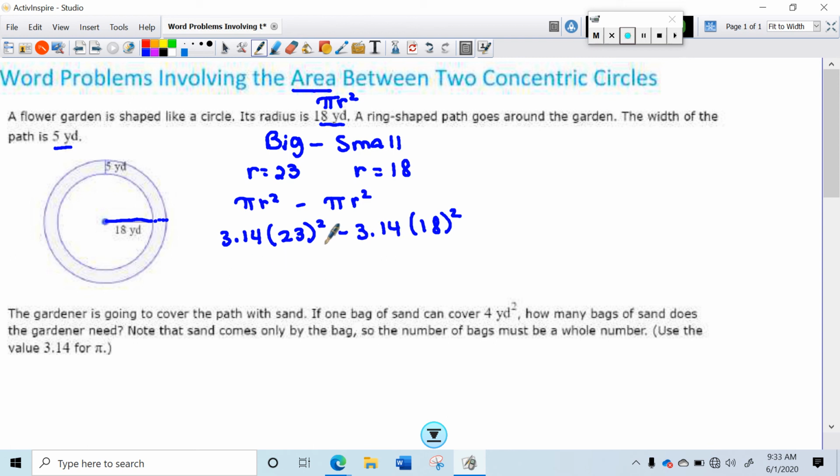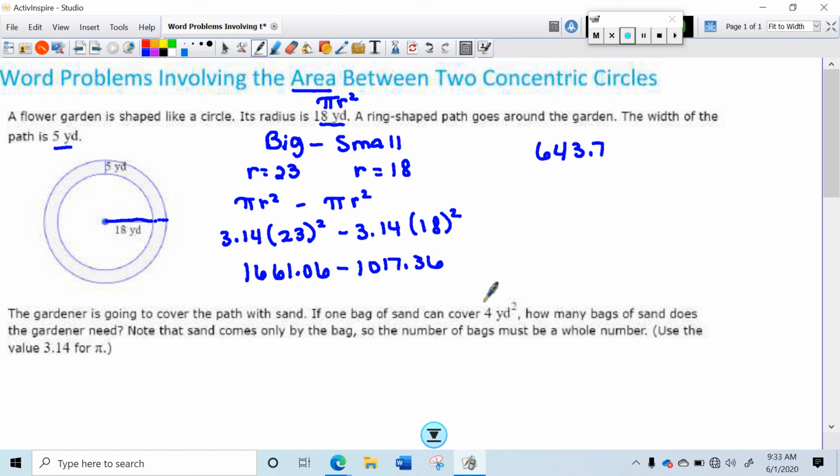Okay, in front of the minus sign, 23 times 23, that's what 23 squared means. 23 times 23 times 3.14 is 1,661.06 minus 18 times 18 times 3.14 is 1,017.36. So when you subtract that, you get